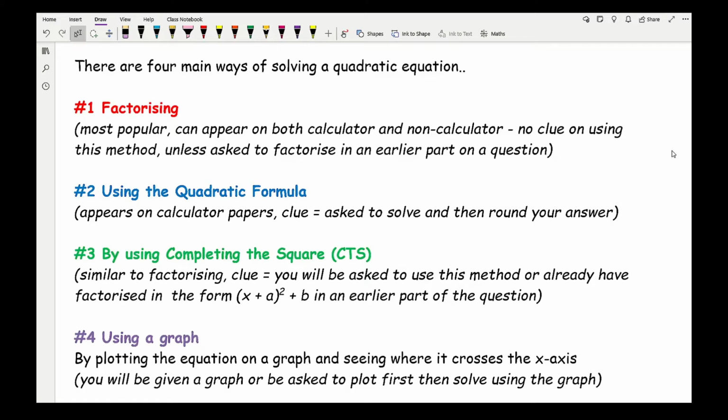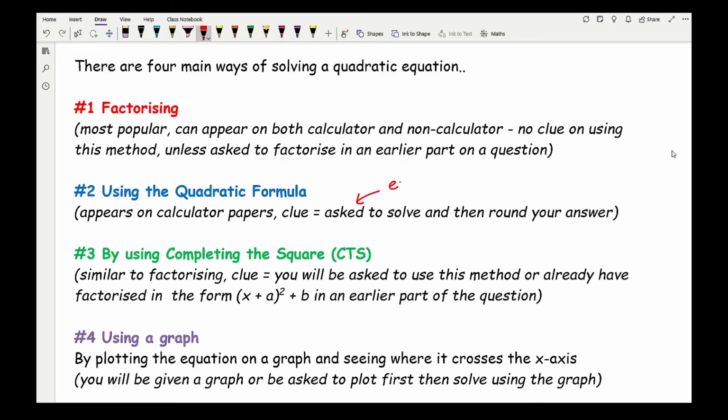Now again, this will generally only appear on the calculator paper, and the clue of you using the quadratic formula, because they'll never tell you to use it, is when you're asked to give your answer to some form of rounding. So if a question says give your answer to 2 decimal places or 3 significant figures, let's say,